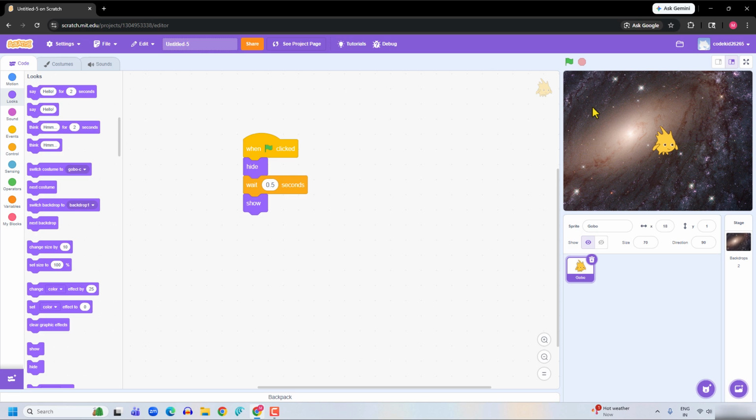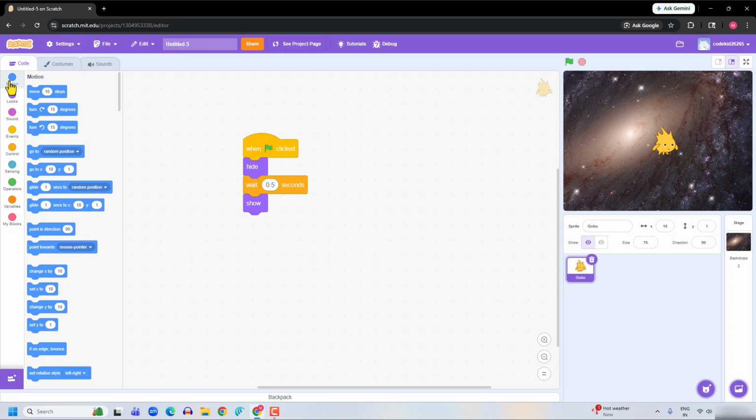Okay. And for that, we will go to the motion section and use this block. Go to random position. Okay. So now I will drag this here and attach it. Okay. Now let me click on the green flag. Yes. When I click on the green flag, the Gobo disappears and it appears and then goes to a